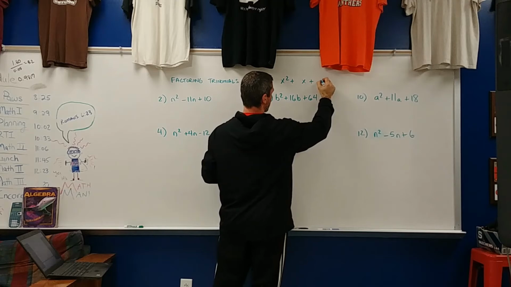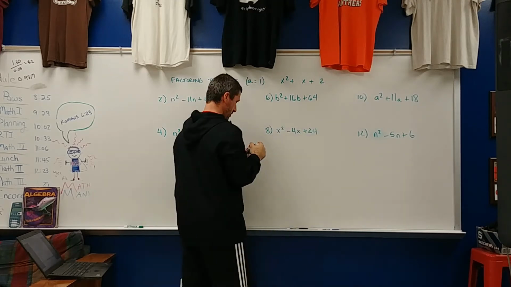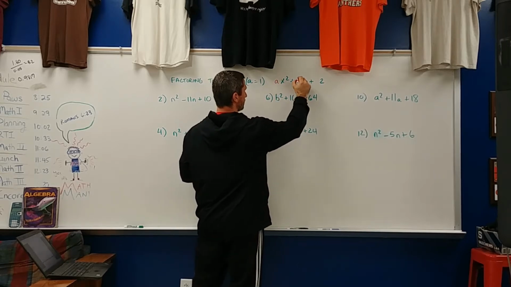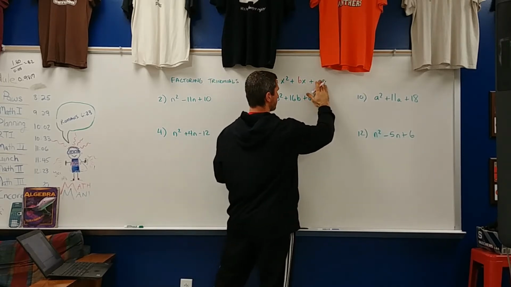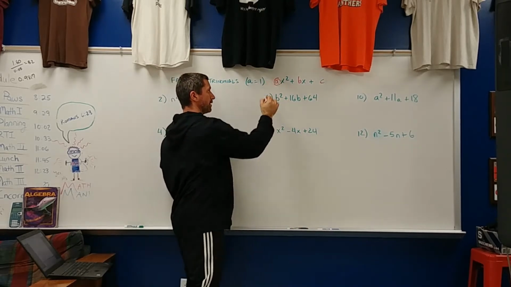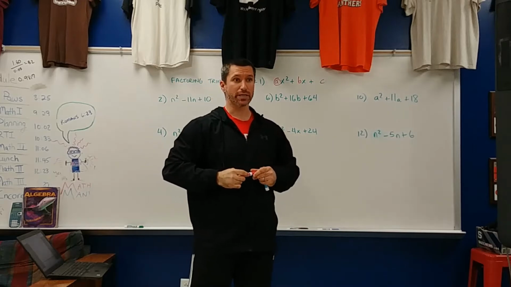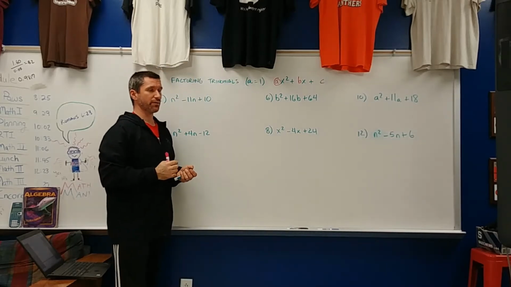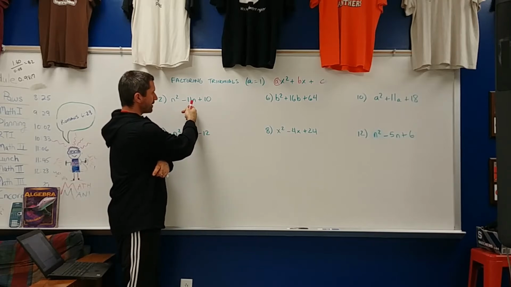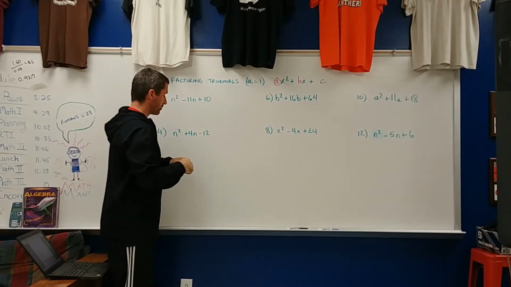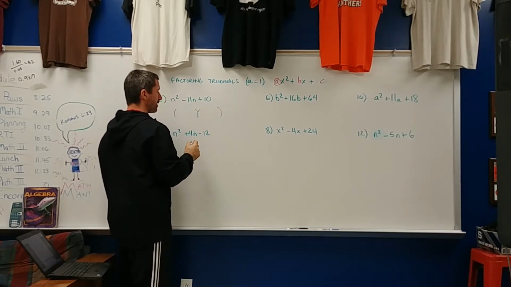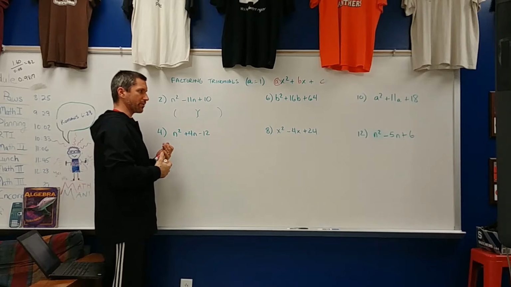I don't know, let's just put like a number. This is A. This is B. And we call that guy C. Okay? So if A is 1, these are easy. It's like a puzzle, and I love puzzles. So all you have to do is figure out the two numbers that multiply to the last and add to the middle. Okay? So let's write out a set of binomials that when you multiply these binomials together,